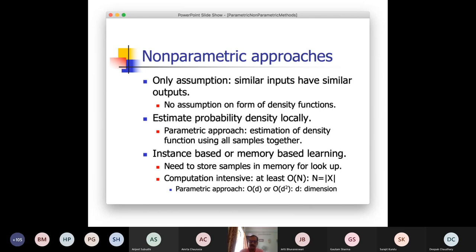So either linear or a function of that dimension. So usually D is very small. The number of parameters is very small compared to the number of inputs. In most cases you will find this. Otherwise, if your number of samples is too small, it is meaningless to use this kind of approach. So N is very high compared to D, and that's why the parametric approach is efficient in that way, storage-wise,